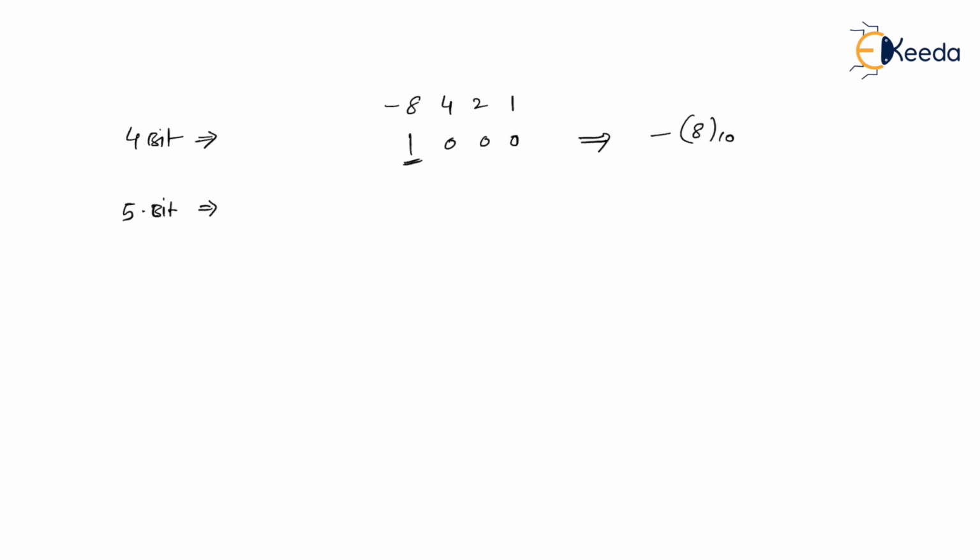In that case, look at this MSB. What is MSB? 1. Or I can say, what is the sign bit? Obviously it is 1. MSB is nothing but sign bit only. MSB equal to 0 indicates it is positive. MSB equal to 1 indicates it's a negative number. Here MSB equal to 1. If you want to increase the size of the number, you have to extend it with the help of sign bit. So since it is 1, you have to extend with the help of sign bit only, meaning that it will be actually 11000.